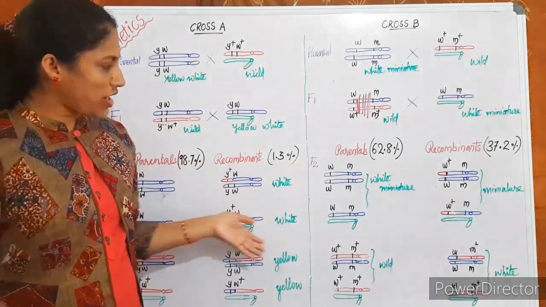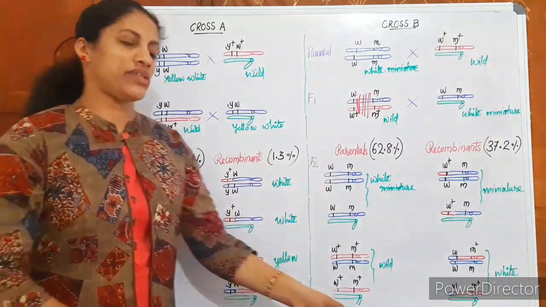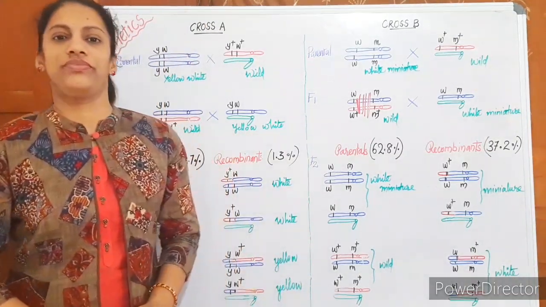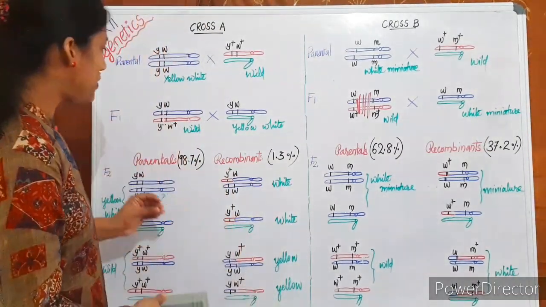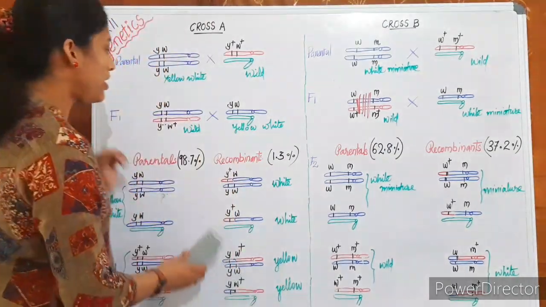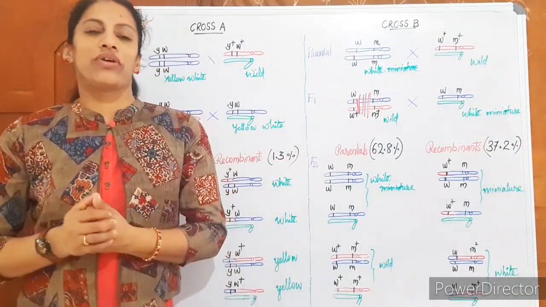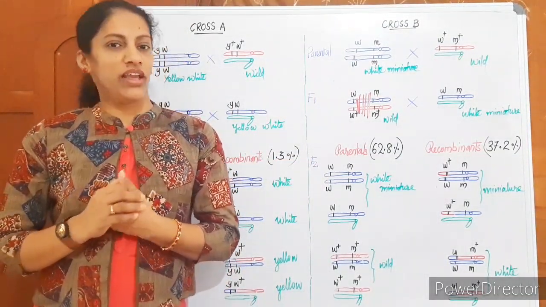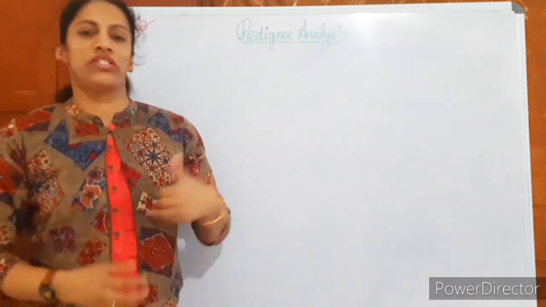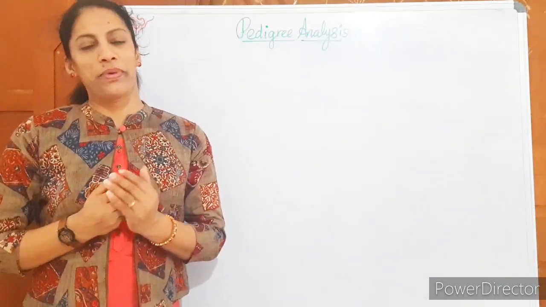This working out is very simple, and if you have any doubt, we will have a direct correction. I will correct you. If there is any mistake in the diagram representation you have submitted, I will clear it. So this part we are winding up and we are moving to our next topic, pedigree analysis. Tell me what is meant by a pedigree analysis. Pedigree chart, are you familiar? Pedigree chart.